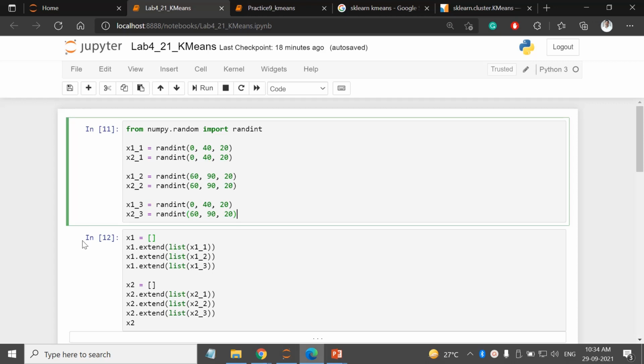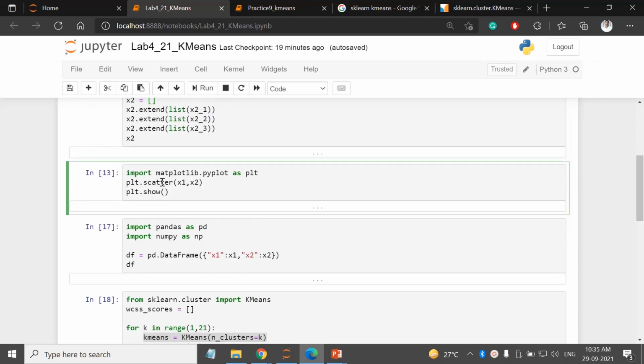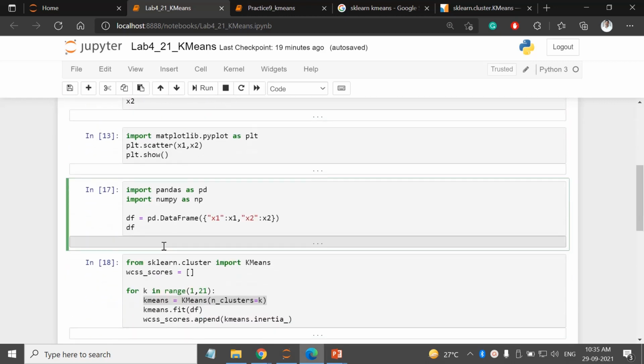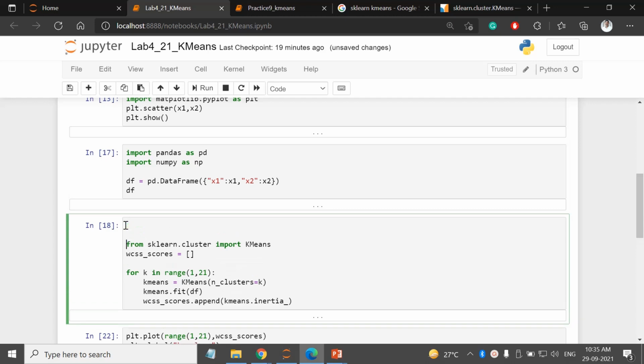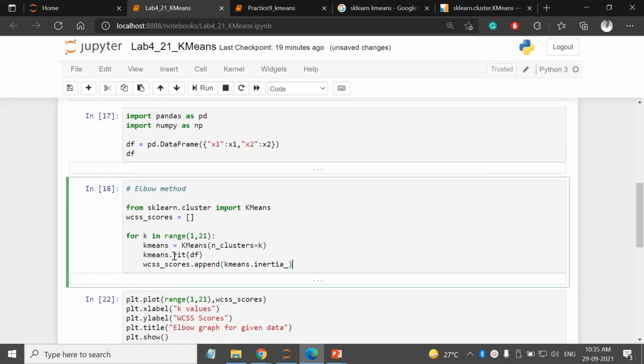After generating the data points, we assume that we don't know the value of k. So for that we used the elbow method. It is a very easy method. You start with one value for k, create an object, fit the data, then find the inertia score.